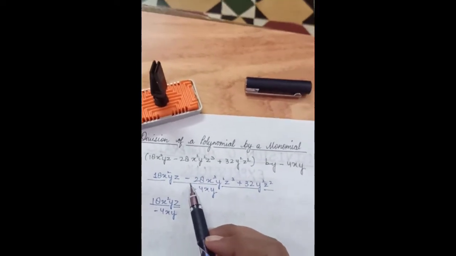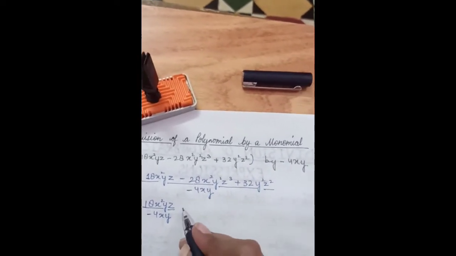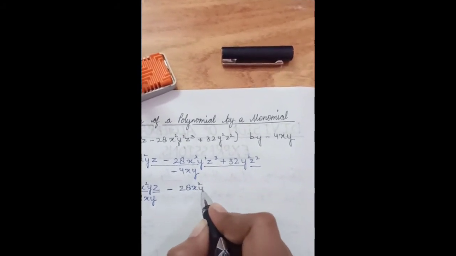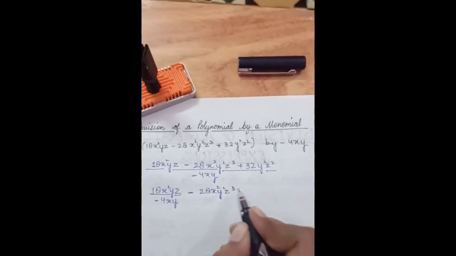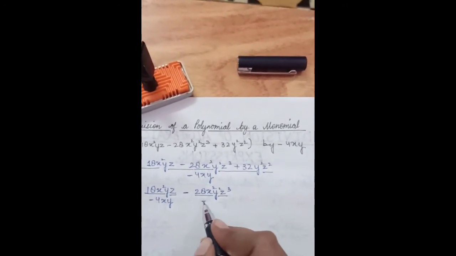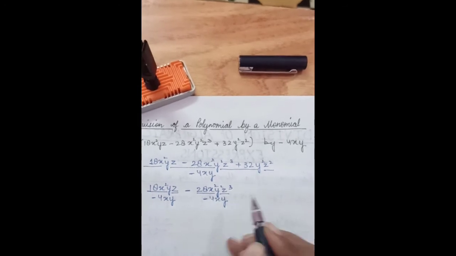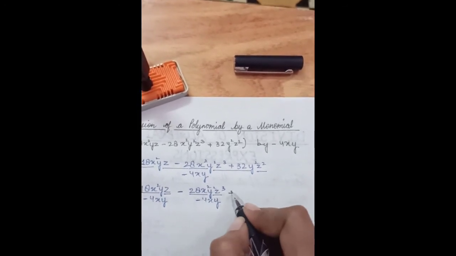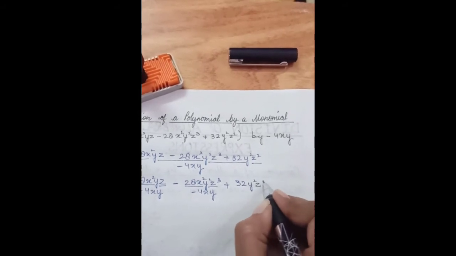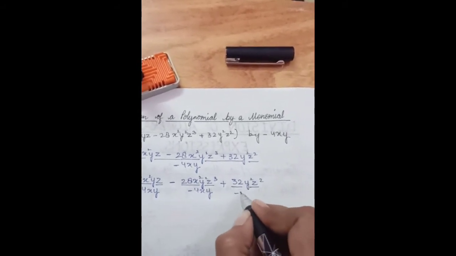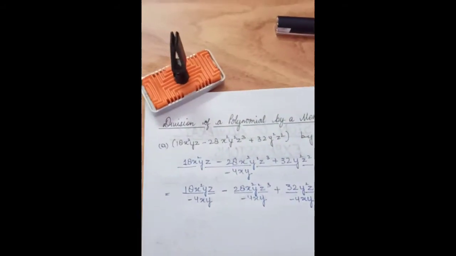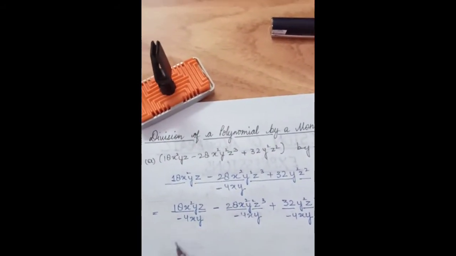Now we place this minus sign here, and then 28x square y square z cube divided by minus 4xy. Then we place this sign here and we write 32y square z square divided by minus 4xy. Now plus divided by minus, minus,